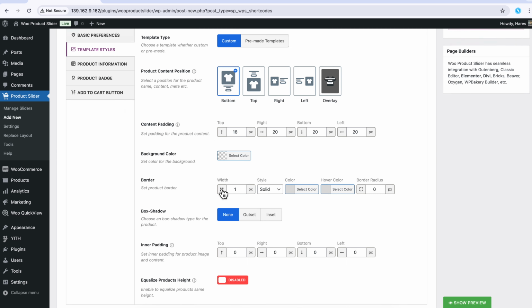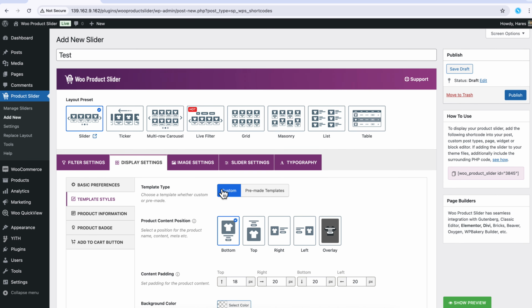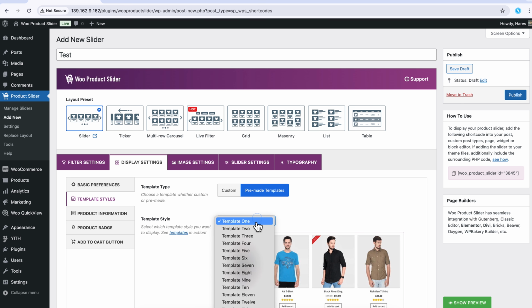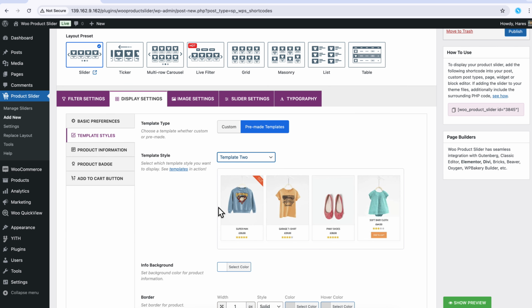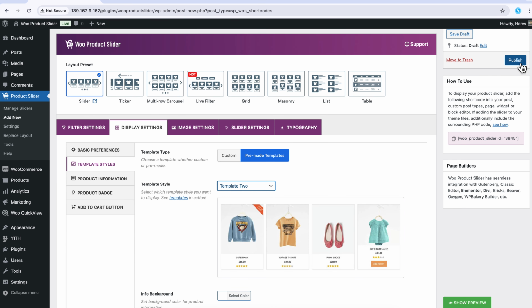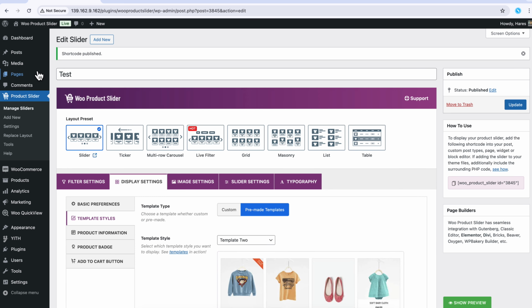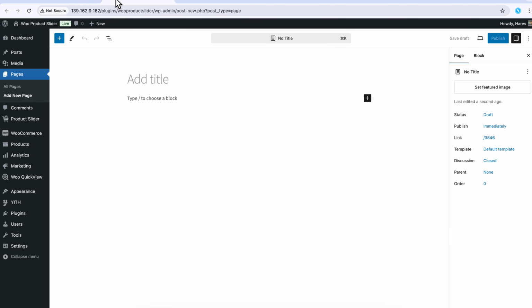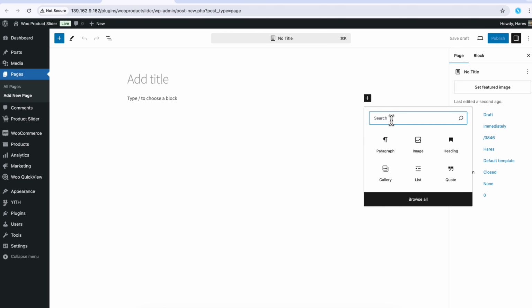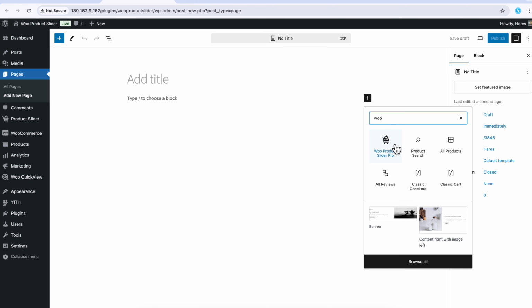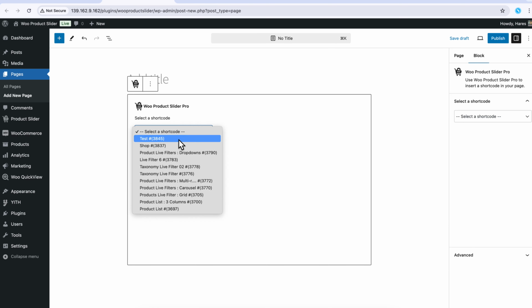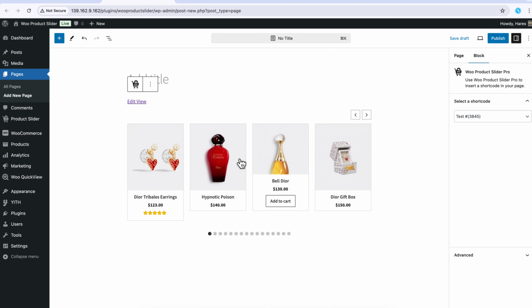or create a custom template if you prefer more control over the design. I am selecting Theme 2 and you will have a preview of it. Now publish the shortcode and go to a page where you want to display it. Insert the shortcode using the WooProduct Slider Pro Gutenberg block. Select a shortcode and you will have a preview of it. Now publish the page